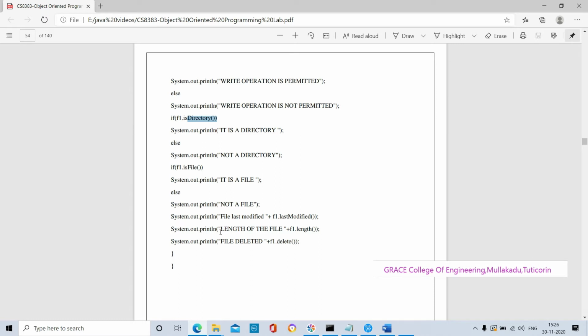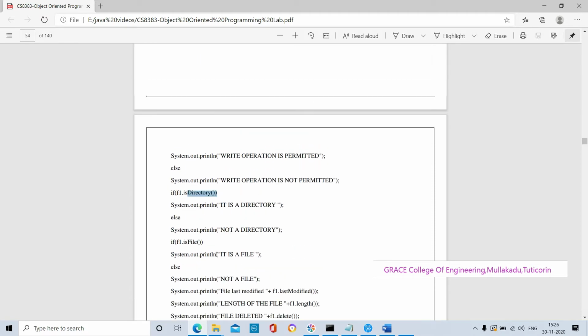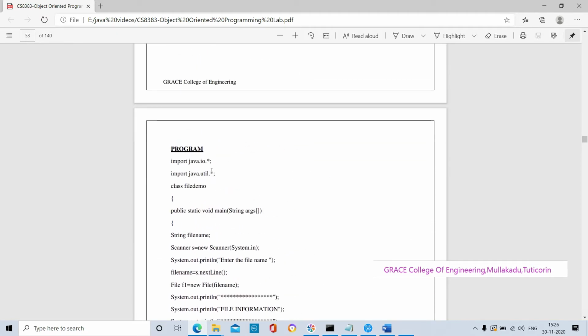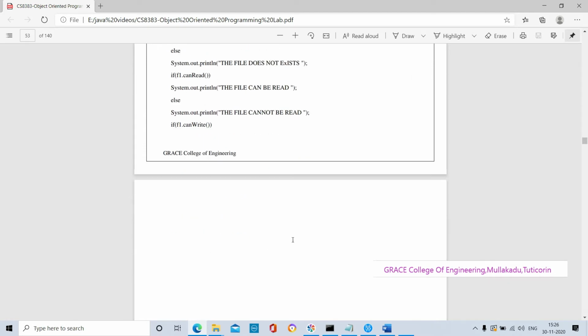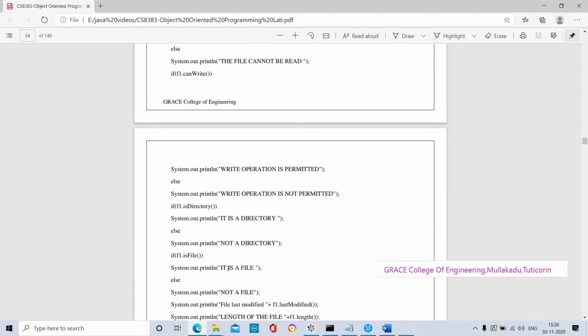These are all the methods present inside the Java built-in class File. This built-in File class is present inside the java.io package. The isFile method is used to check whether it is a file or not.